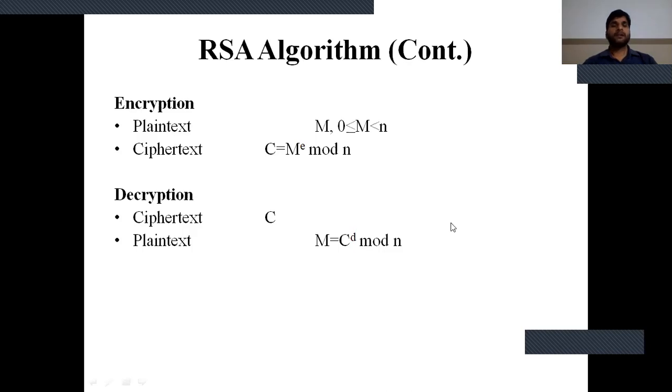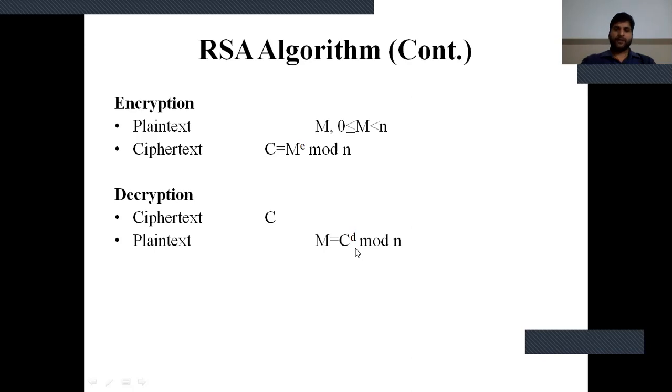After that, we encrypt the plain text. Given plain text m, the condition is m greater than or equal to 0 and less than n. We find the ciphertext as m to the power e mod n. After converting the plain text into another form known as ciphertext, we decrypt the message on the receiver side. If the ciphertext is C, then we decrypt the original message plain text m equal to c to the power d